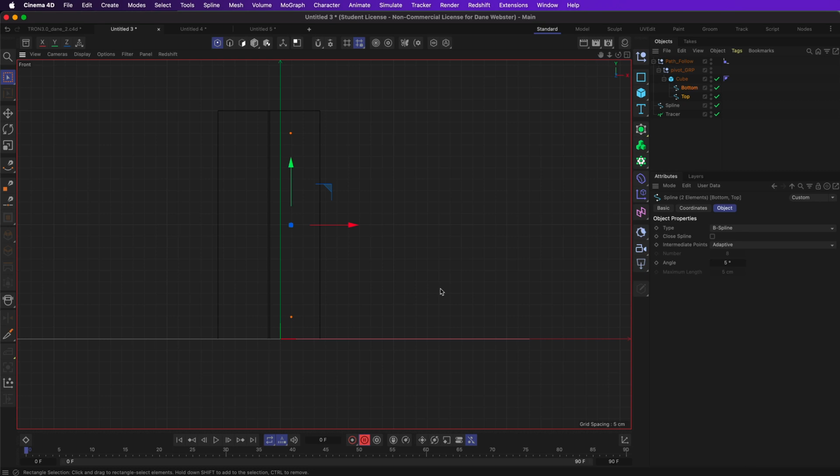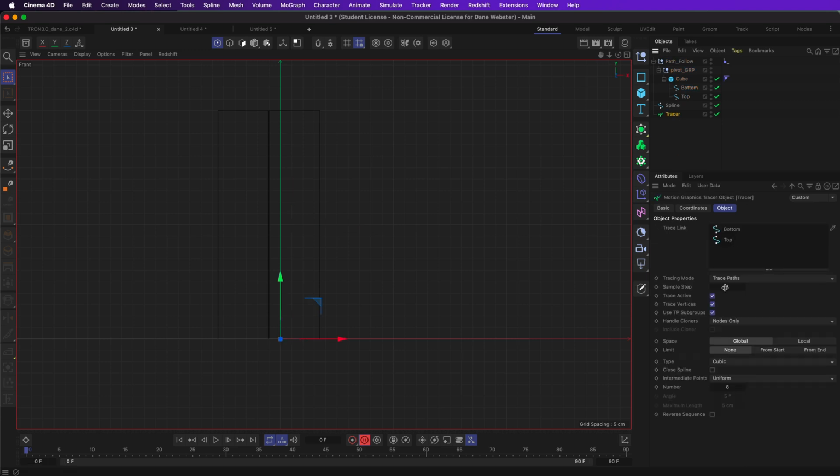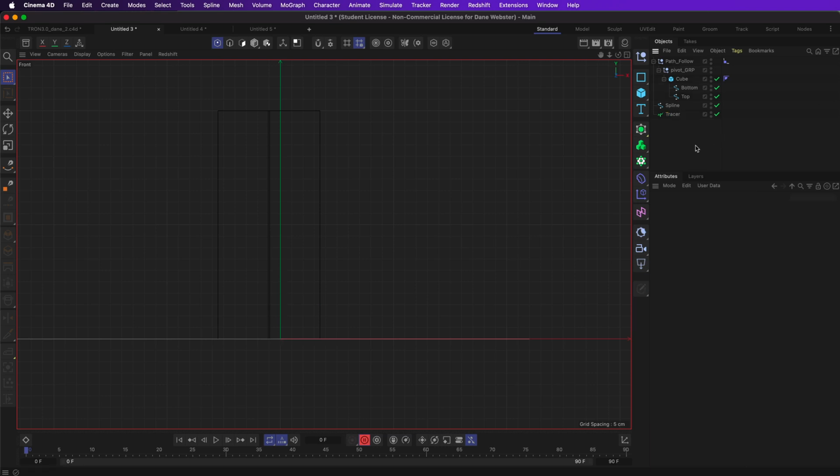There are other ways that you could do this. You could probably tell the tracer to just trace not the points of the object. That would be another way to do that if you want to. But I wanted to make the point that you could use just a single point as an object in here and tell it to trace that vertex. If I went into the tracer here, I could position a sphere in there and tell it just to trace the active but not the vertices. But I felt like doing that this way. It helped me visualize where the line was. Either way,